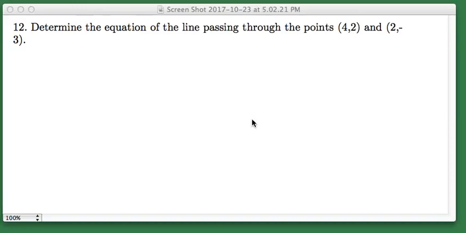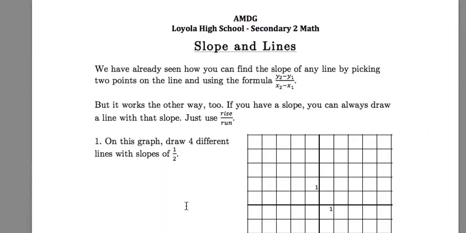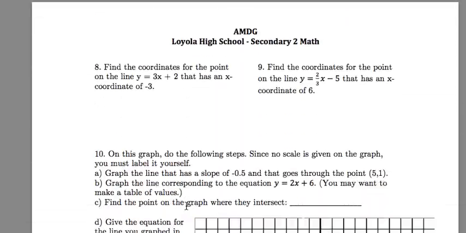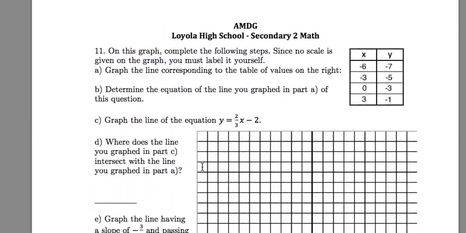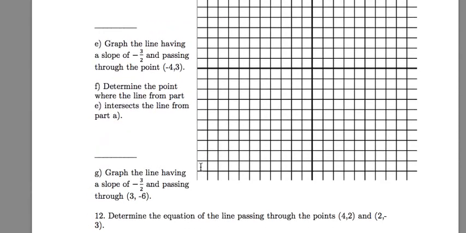We're down to the very last question in the worksheet we've been working on here. This is the worksheet that starts way at the beginning as slope and lines, and as you move on down, the questions that you probably were assigned today were questions 8, 9, and 10, which we've done before, 11, which we just finished up, and now question 12 is the very last one. And question 12, you'll see,